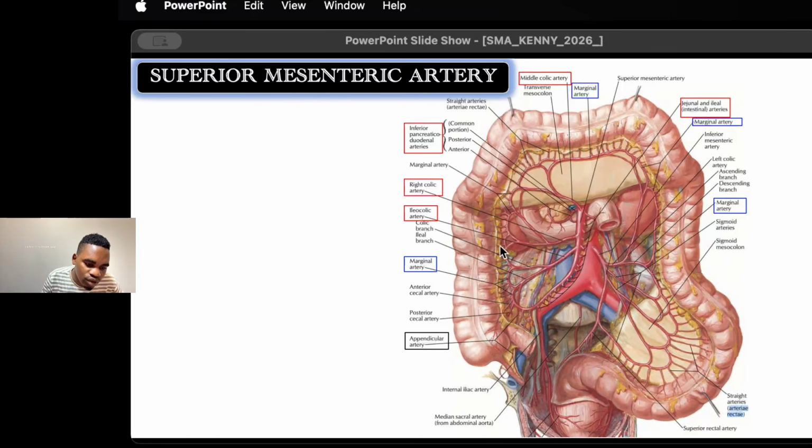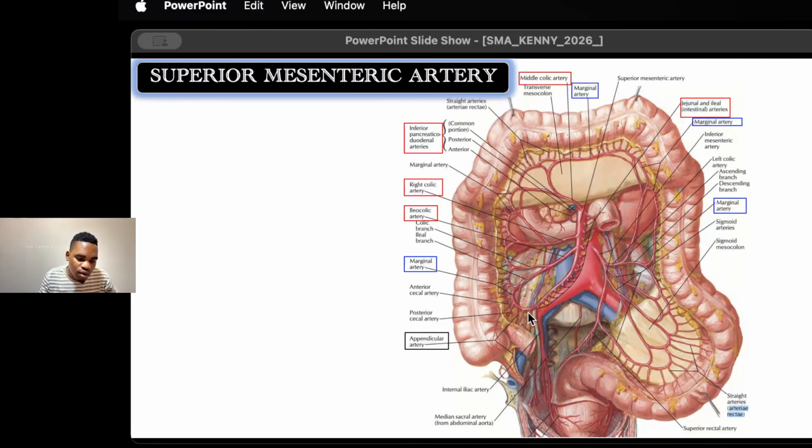The colic branch is going to supply the ascending colon, but the ileal branch is going to supply the ileum. We have seen also the appendicular artery that's going to supply the appendix, and the posterior cecal artery that's going to supply the posterior part of the cecum. We also have the anterior cecal artery that's going to supply the